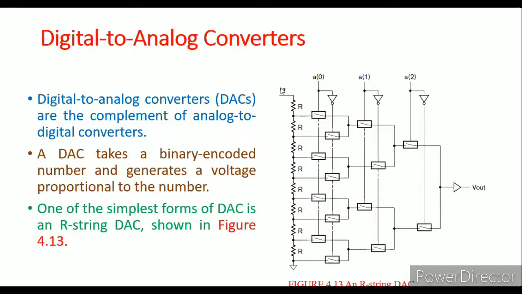We have a reference voltage VREF. We have different resistors connected as a voltage divider, and it is compared with the digital input. The divided reference voltage is compared with A0, A1, A2 and the respective complement values, one with a 0, another with 1, for each and every bit. Whichever bit has been selected, that particular code value gives an analog output Vout with the help of a buffer. We'll check it out now.